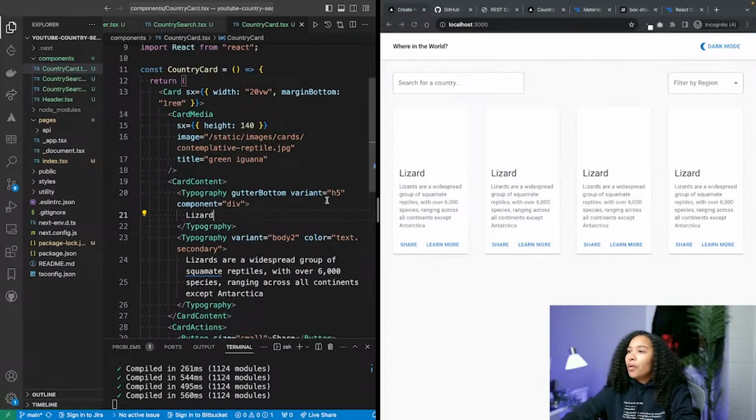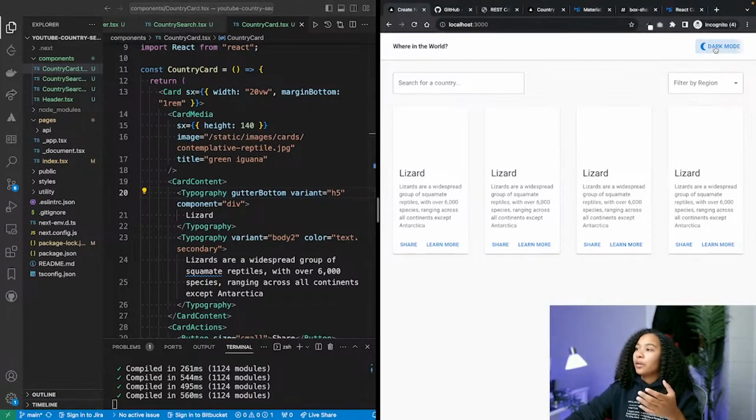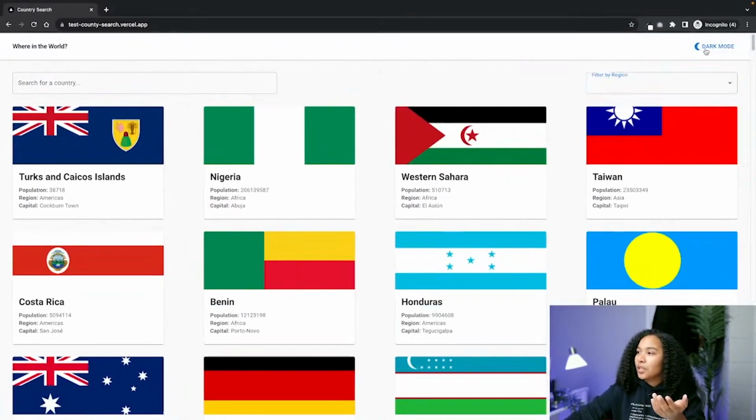All right. Final thing I want to do in terms of styling at this stage is I want to hook up the dark mode, right? So right now when we click dark mode, absolutely nothing happens, but we want it to be like